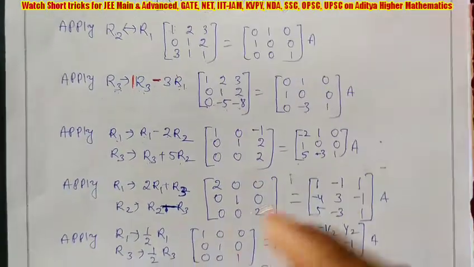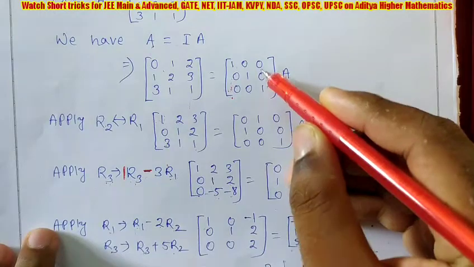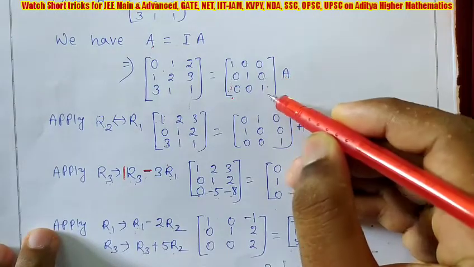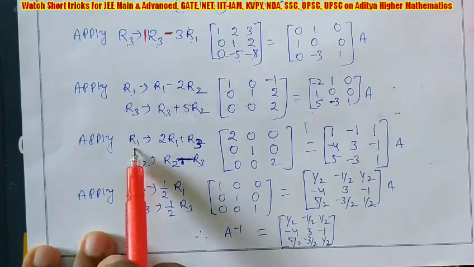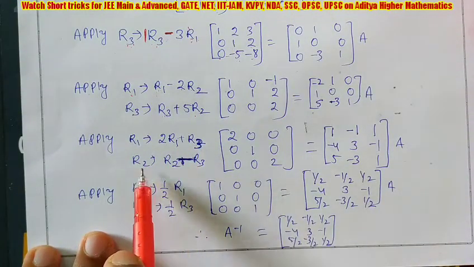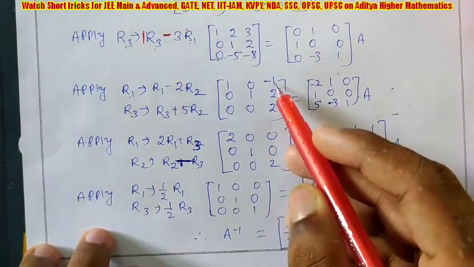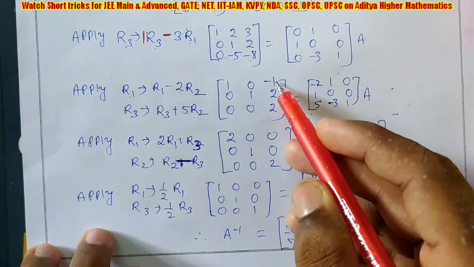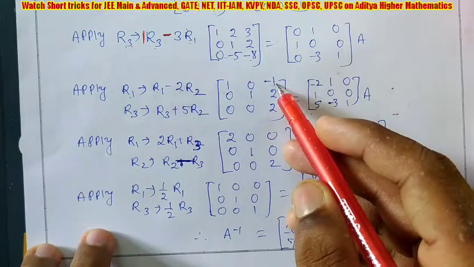Now third step means we have to make these two elements 0, because in the identity matrix R1 and R2 are 0 in the third column. That means which is non-zero? R3. So when you are changing R1, write first R1, then the non-zero R3. When you are changing R2, first write R2, then write R3. Now see the numbers. The R1 element number is minus 1. No need to take the sign. So you write in R3 its coefficient.